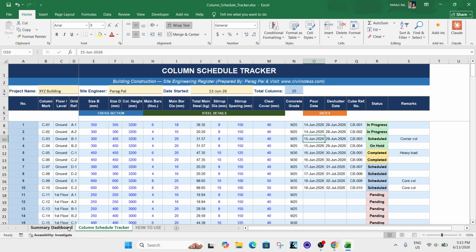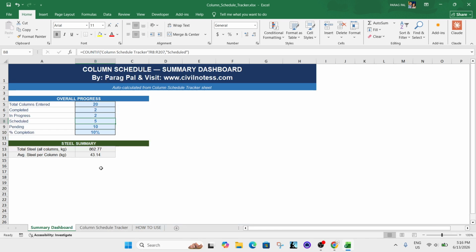Why it is very important, because as a site engineer, you will prepare all your data ready. Labor availability you will check, you will see whether I have the material or not. Like this, a site engineer can become more successful using this type of data information. And with the help of this summary calculation, you can see how much steel bar is required for a specific day. Now you can see if 5 columns are scheduled, what you will do, 5 multiplied